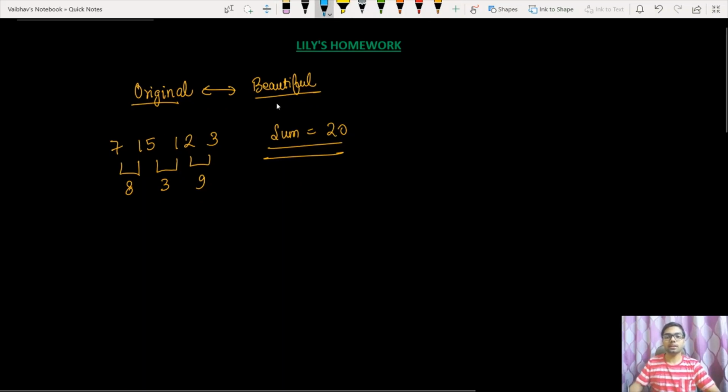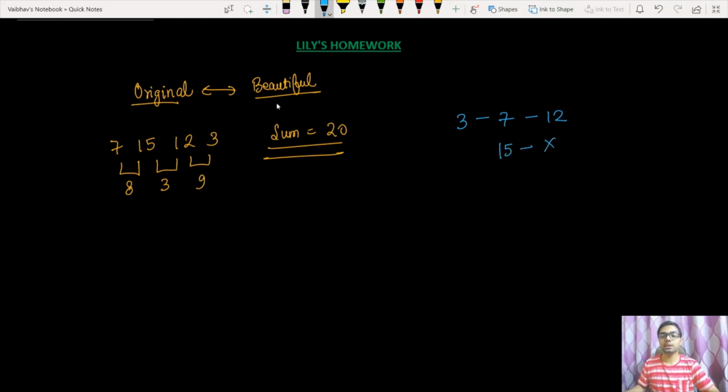Now to minimize the sum, for every element we need to find the element which is just greater than the element which we have selected and the element which is just less than the element which we have selected. So if we select the element 7, the element which is just greater than 7 and present in this array is 12, and the element which is less than 7 and closest to 7 is 3. Now the next element is 15. There is no element which is greater than 15, so the right side would be blank, and the element which is closer to the element 15 towards the left hand side is 12.